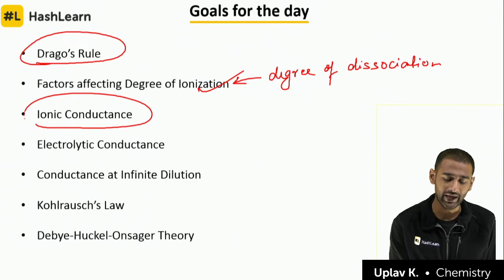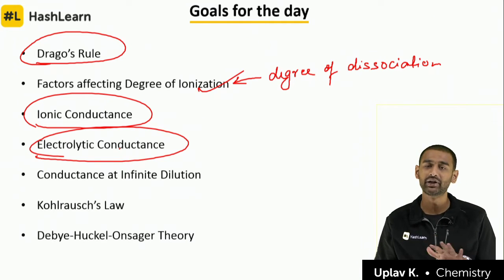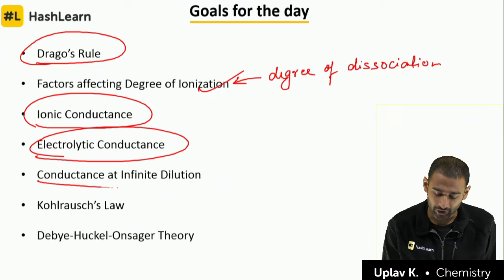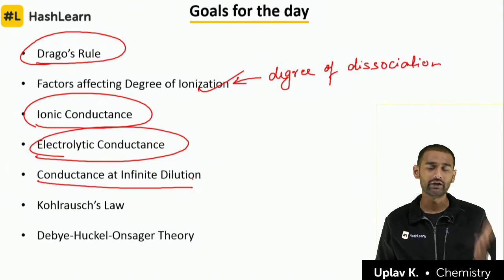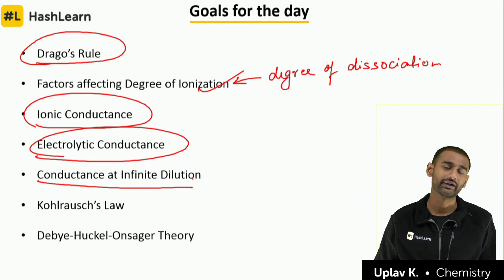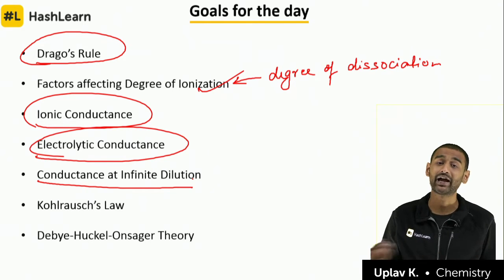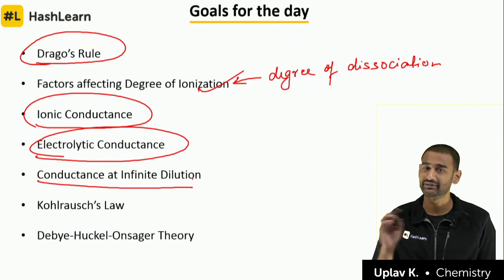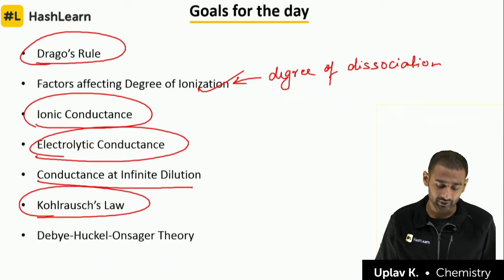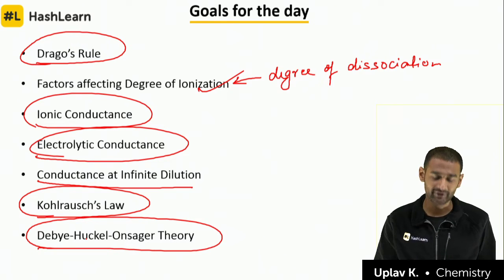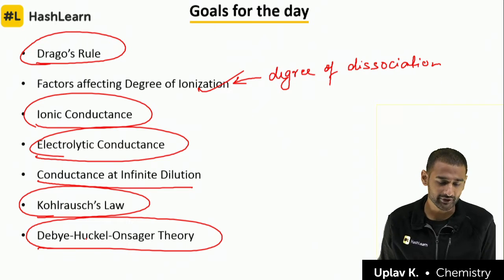Okay, then you're going to talk about the ionic conductance, then electrolytic conductance. So ionic and electrolytic conductance are similar, but we'll learn the difference. Okay, then we are going to see what happens to conductance at infinite dilution, because हमने just कहा कि if the concentration is less, the conductance will be high. So if I make the concentration so low that it is almost an infinite dilute solution, then what will be the conductance there? Then we are going to look at the Kohlrausch Law, how we use it to solve numericals, and then this is a theory which is also known as a theory of strong electrolyte. Okay, so we'll be discussing all of this in today's class. So now let us start off with today's class.